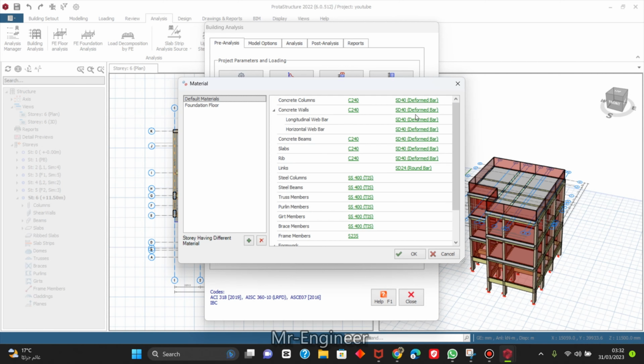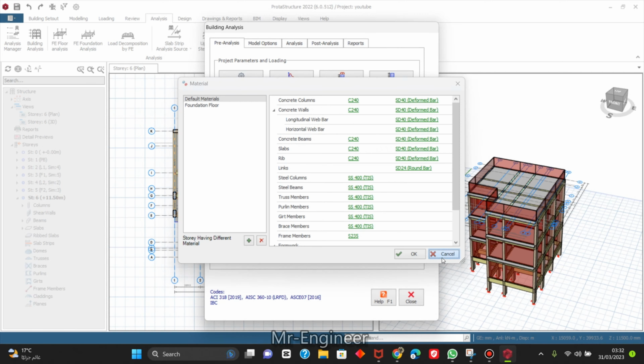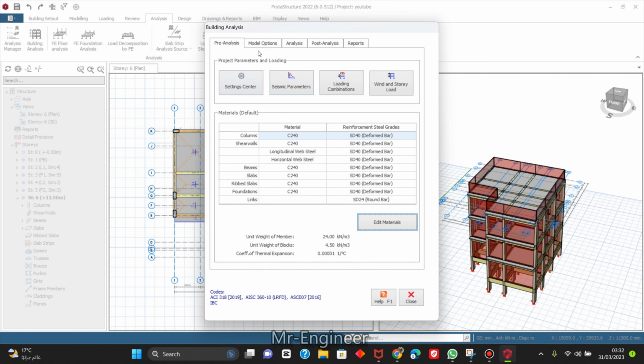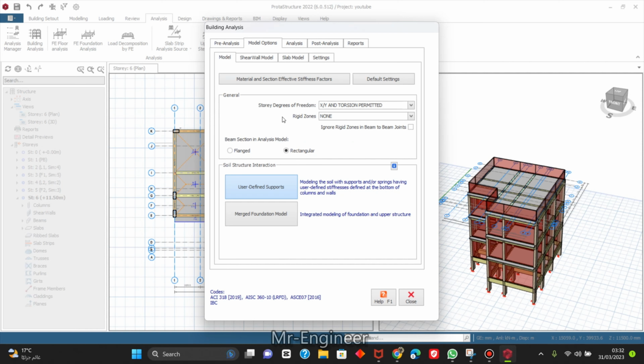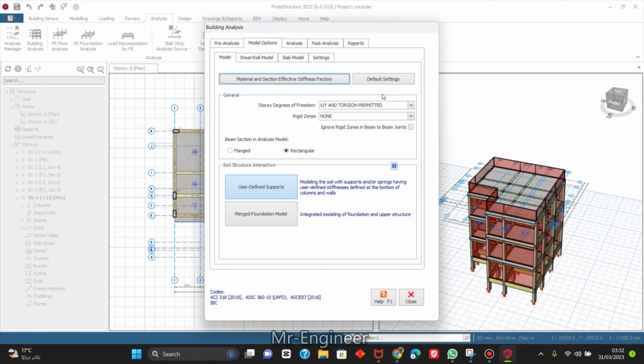If you want to change your column rebars, let me tell you how. First, another thing. Second, effective factor. You see,